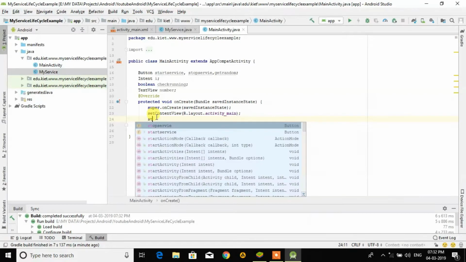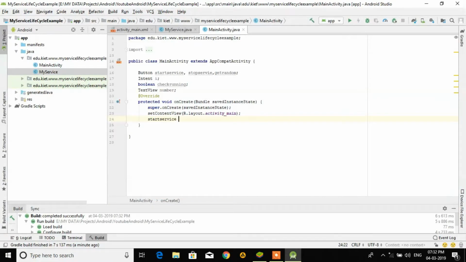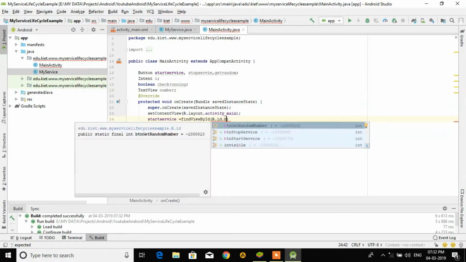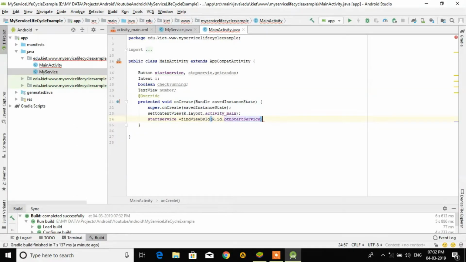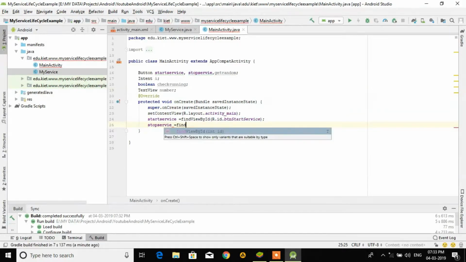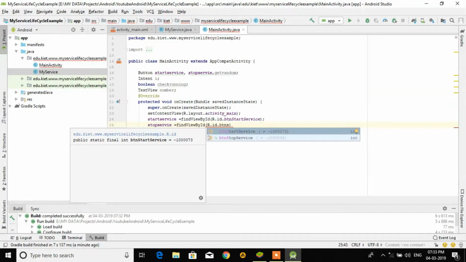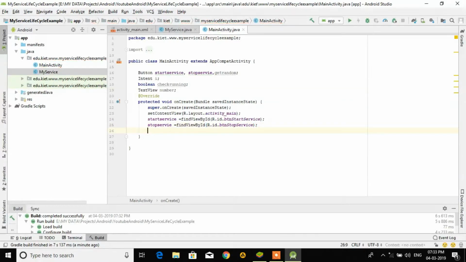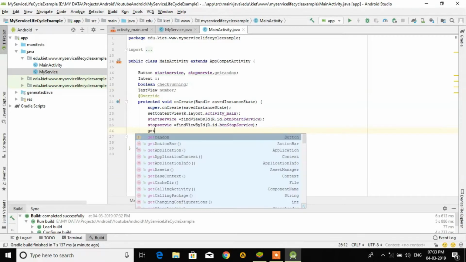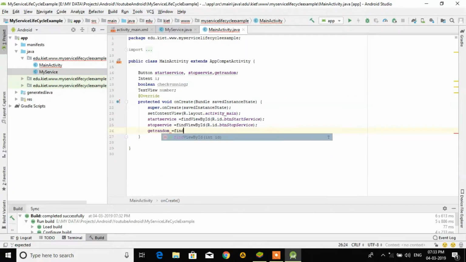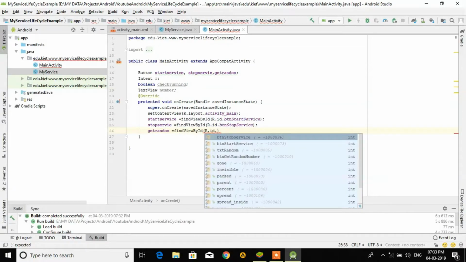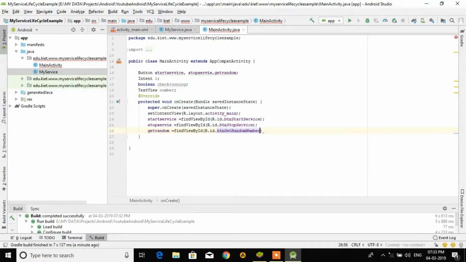So we have a start service button, then link it with findViewById R.id.button start service, then stop service, btn stop service, then random, then the get random number button, this one.